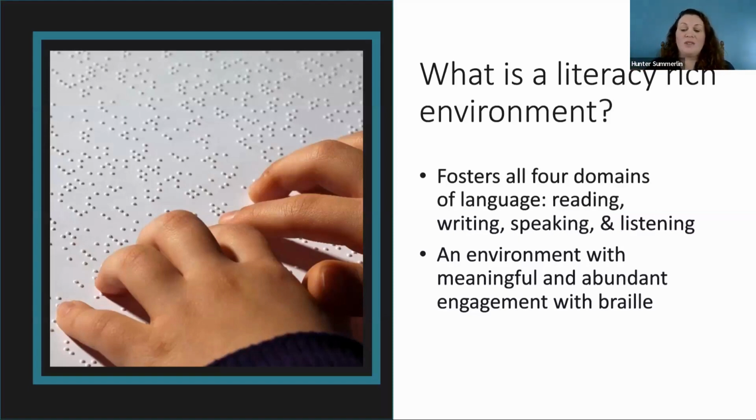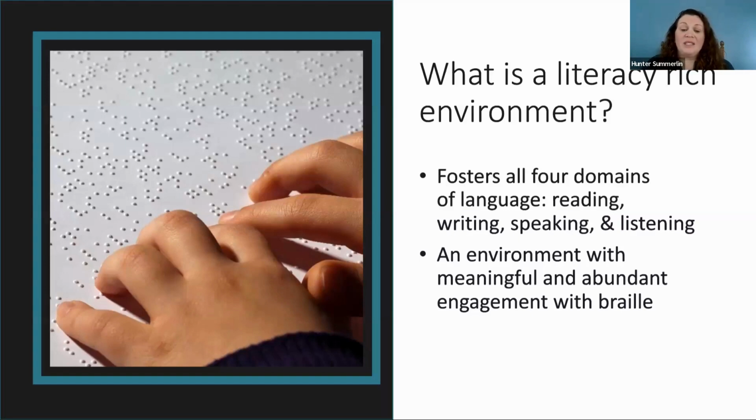But if you're a teacher of the visually impaired following an itinerant model or a resource model, this also applies to you. You can also support the development of a literacy-rich environment for your learner, even though it's not your classroom. I know you kind of have to tread lightly there, but there are ways that you can support the development of a literacy-rich environment as an itinerant even,